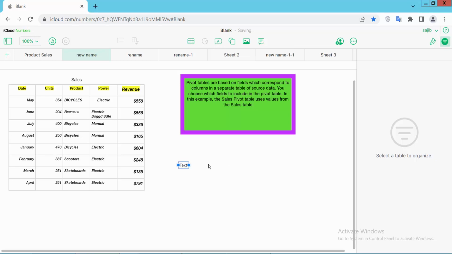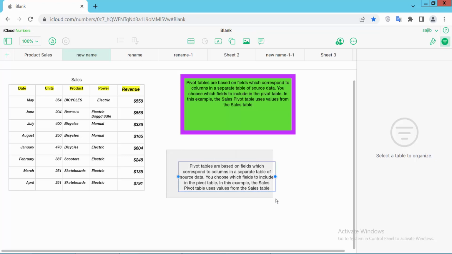Click here and see this text box already inserted. Drag it to increase the text box, then double click on this text box. Type your text or paste text. Now drag your mouse, select your text box and now click the format option